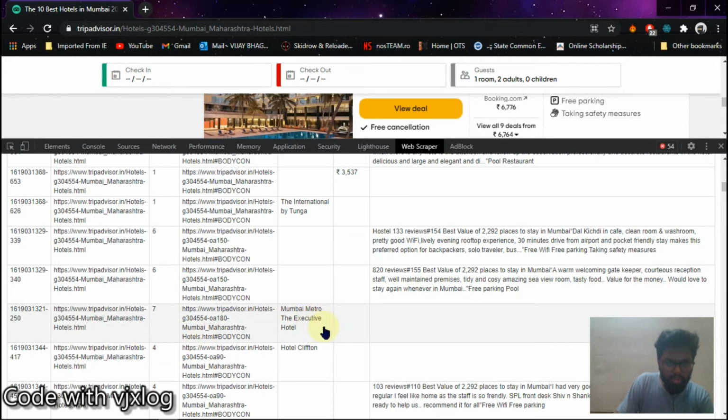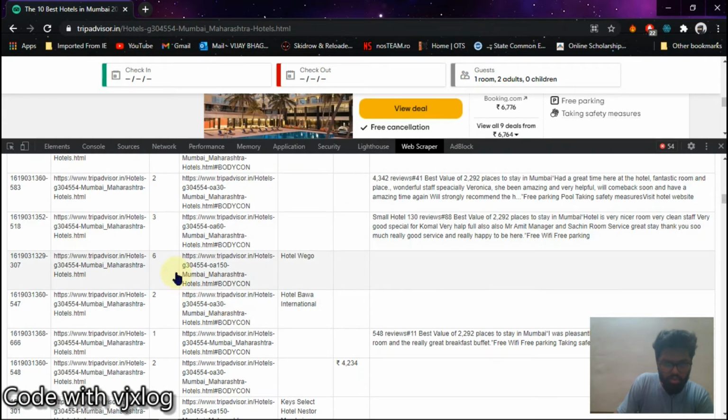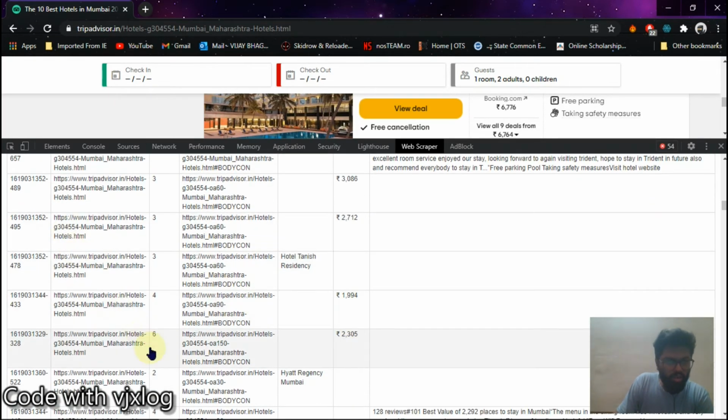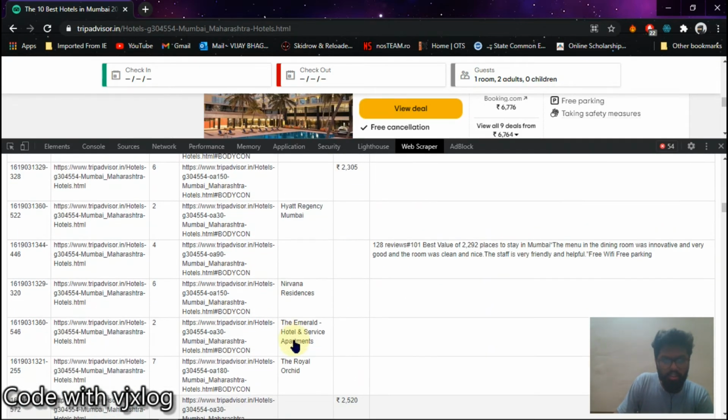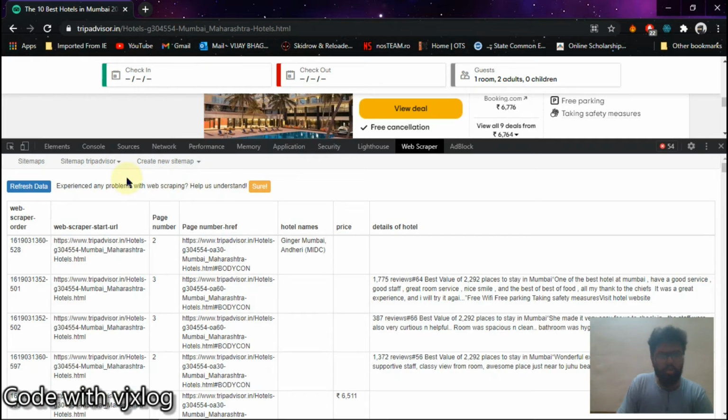You'll see some discrepancies in between, but you have the data whatever there was. So their luxuries, whatever they provide, everything data we have. Now this data is raw, this data is redundant, this data is not accurate right now. You need to do your analysis on it, and you need to pre-process it to get it more sorted and structured.